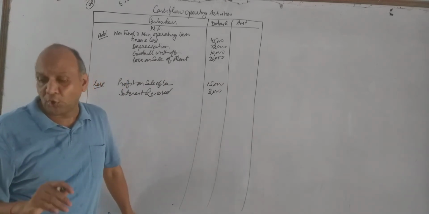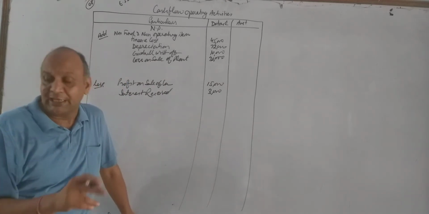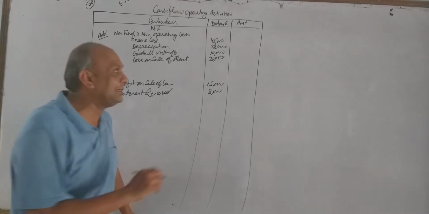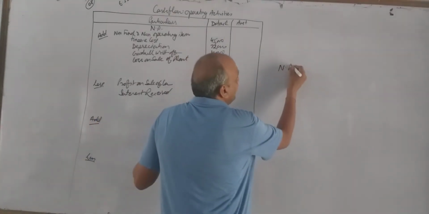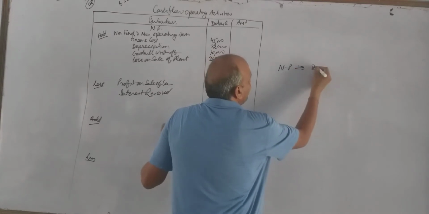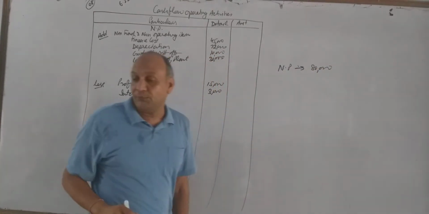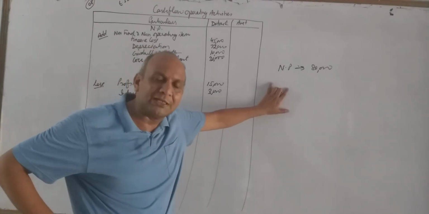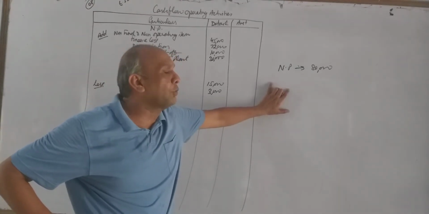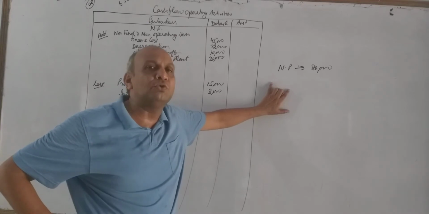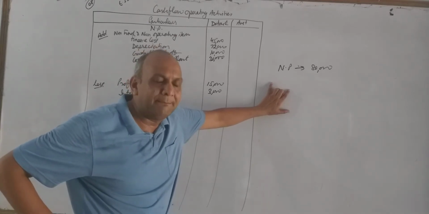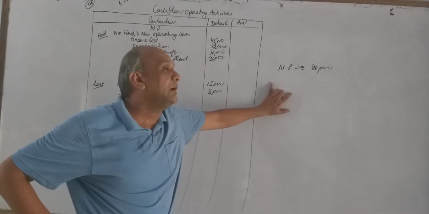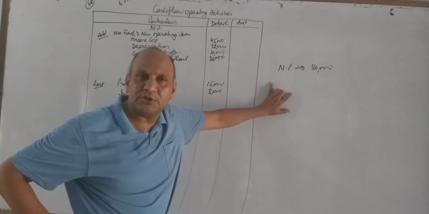Now profit before tax 160, less tax paid 36, and profit for the period is 80. Here we have given net profit, it is rupees 80,000. If you remember, we discussed 4 items are to be added over here. What are those 4 items? Number 1, provision for tax. Number 2, proposed dividend. Number 3, interim dividend. And number 4, it was transfer to reserve.